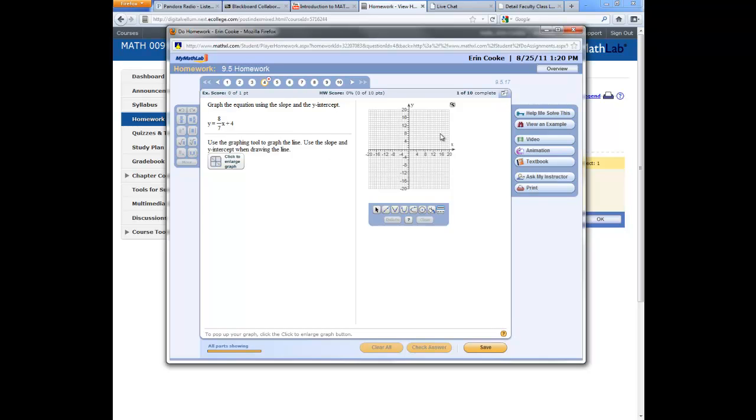To show you the graphing utility for this particular one, we'll go ahead and work this problem. So y equals 8/7 x plus 4, and it wants us to graph using slope and y-intercept. Clicking this little icon, the magnifying glass,